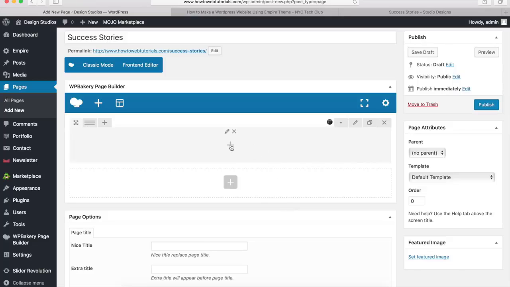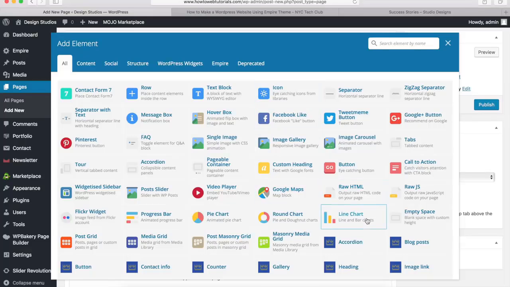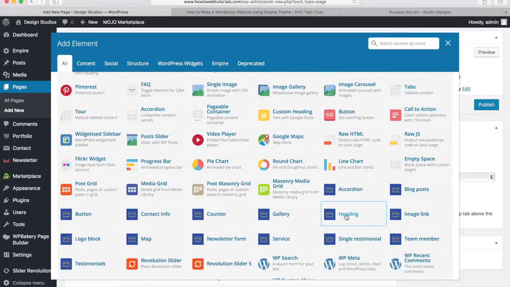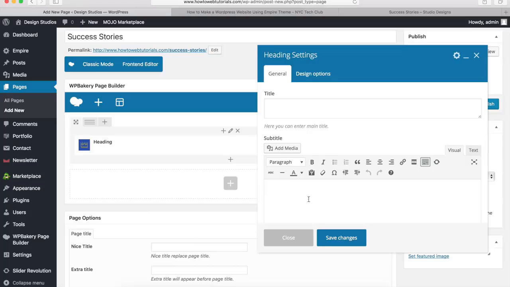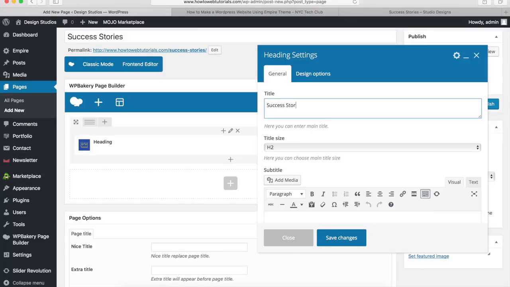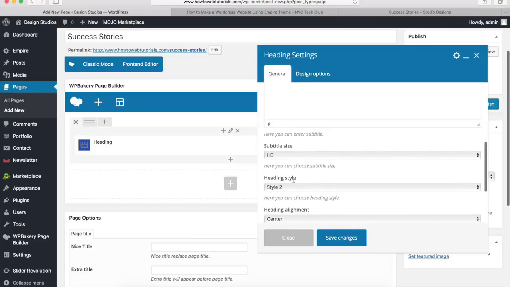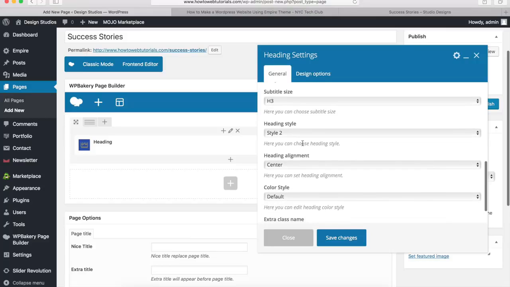So let's click on the plus button and find the heading element right here and click on that. And once you get this pop-up right here, we'll just type in our title. So I'll type in success stories. And what we're going to do is change the title size to H1. And then I want to come down to the bottom over here and I want to change the style heading